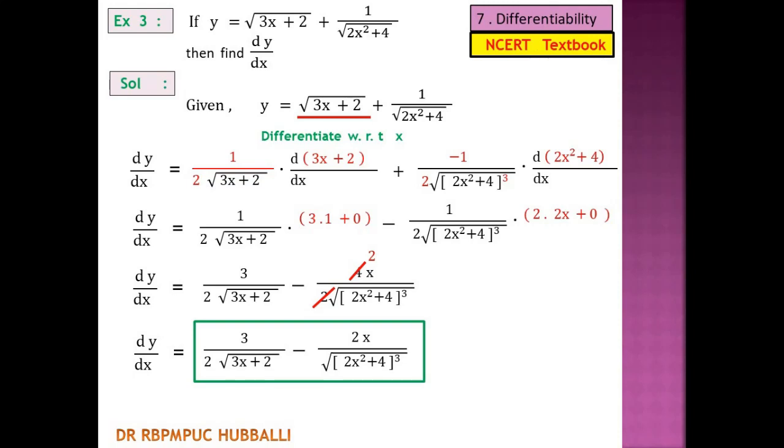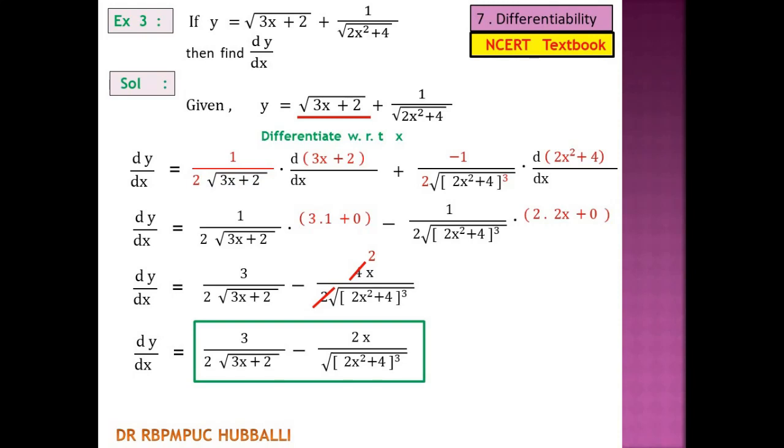I hope you got how to write the derivative for the functions. Okay, next I will take the product of two functions and the division of two functions. You learned that in first PUC or in one of my videos, like product form and division form, where the functions are standard functions of the variable x.